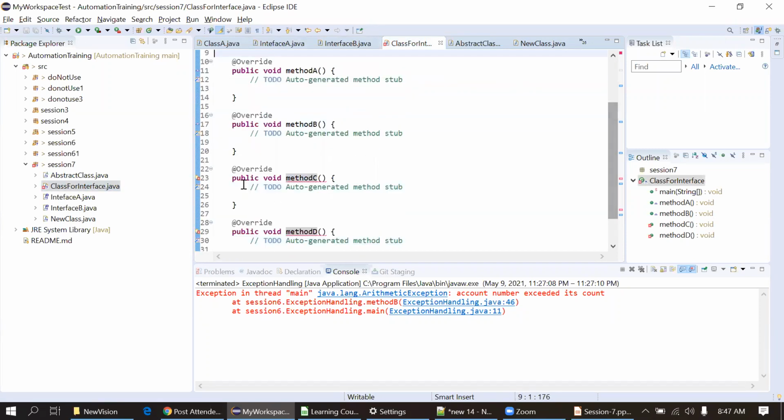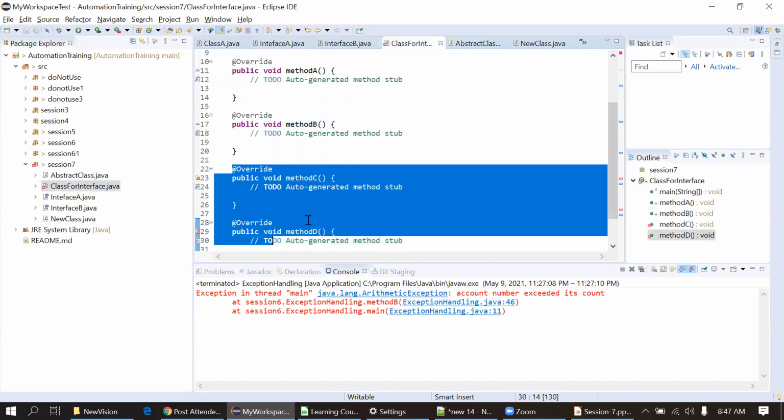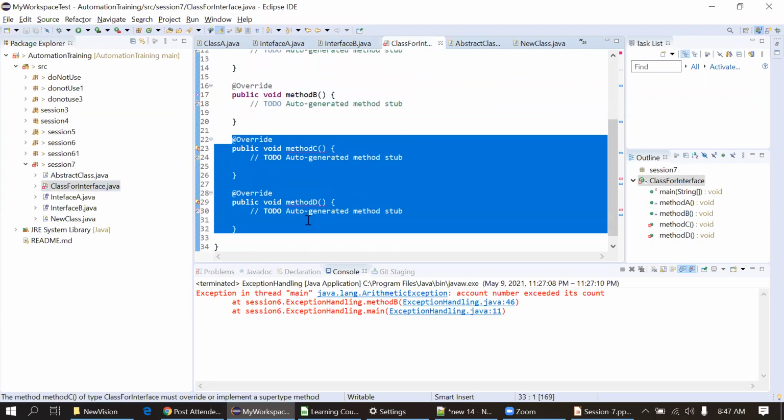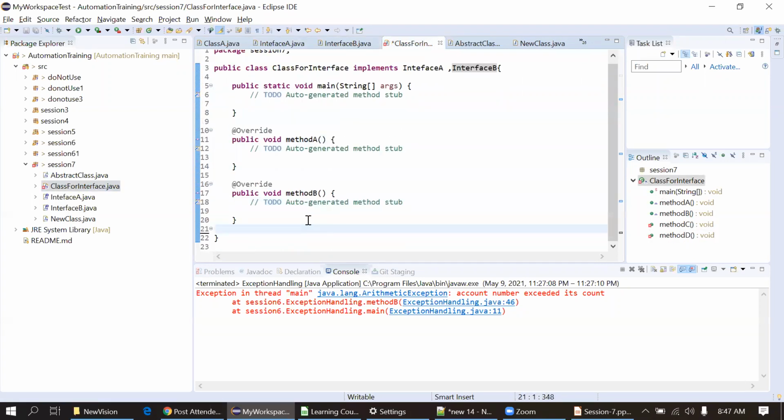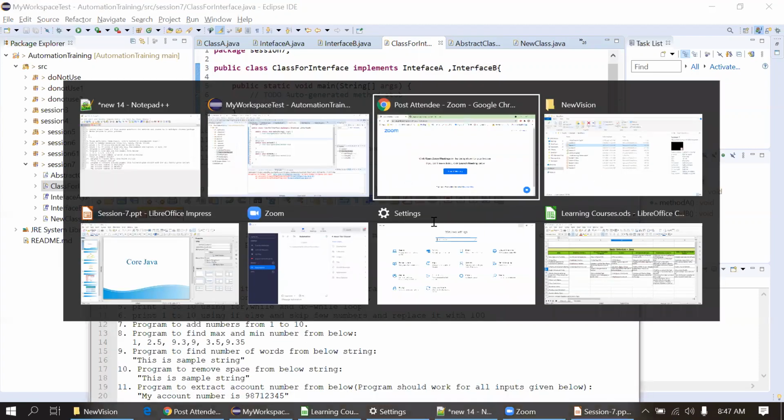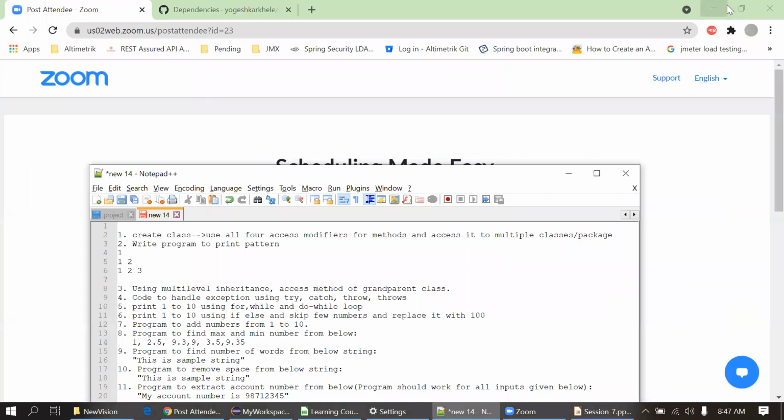Now I'm just deleting these methods from here because they do not exist. I have deleted that C and D. So you can see we won't get any error here.